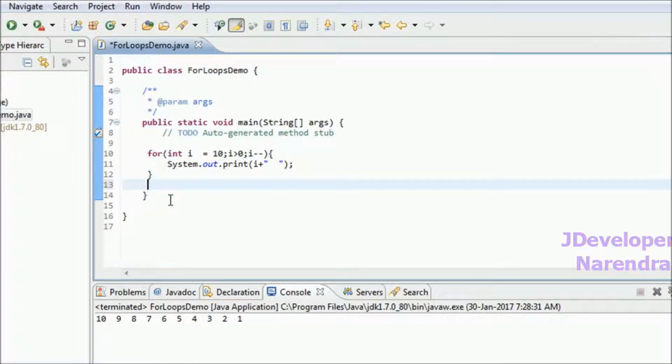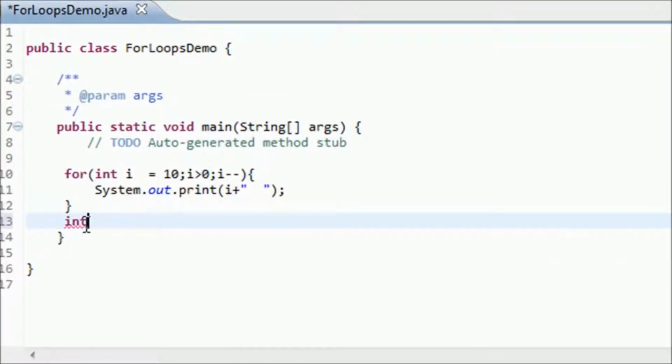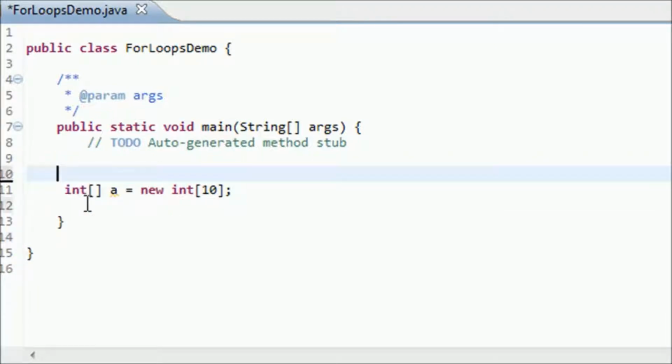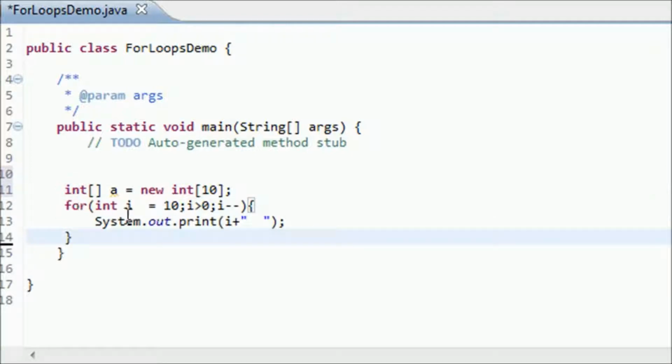We'll see how we are going to initialize an array, construct an array, and print an array using for loop. Int, declaring an array of size 10, new int of 10. I have an array a of size 10, and I want to initialize values in this array.